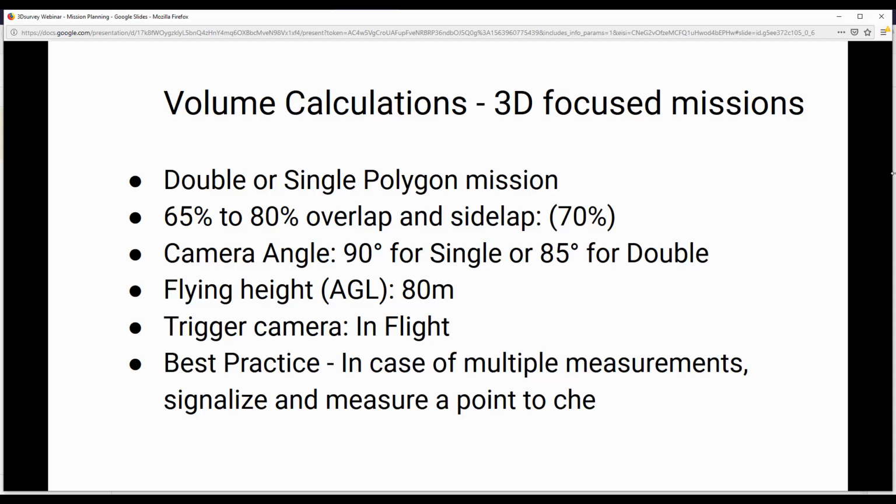Camera angle. So here, in the case when we have single missions, we recommend to set camera angles to 90 degrees, so that means looking down. But in the cases when we use double grid, then we can use a camera angle between 80 or maybe 85